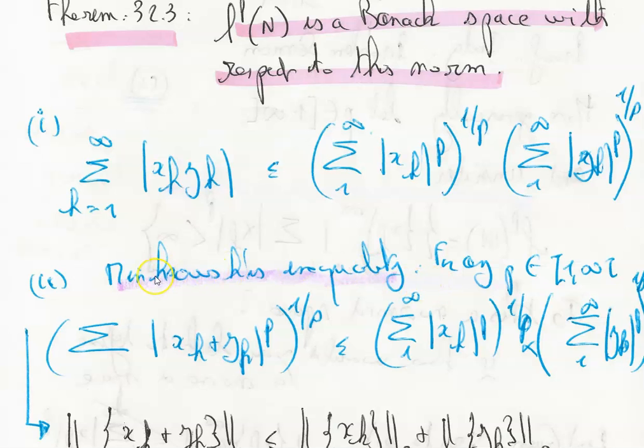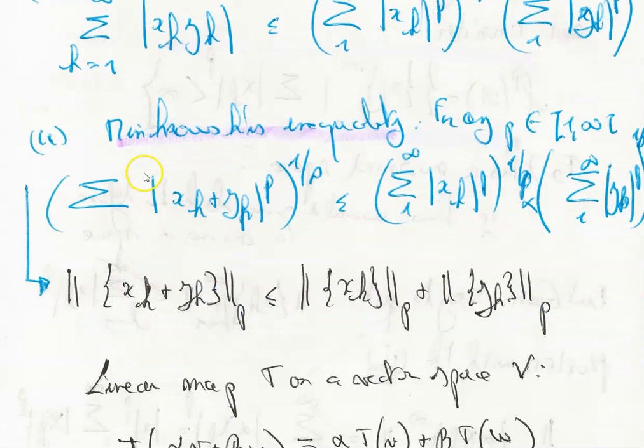So now comes the well-known Minkowski's inequality. The Minkowski's inequality is true for any p belonging to 1 to infinity, p being an integer. And this is the Minkowski's inequality: the sum for k from 1 to infinity of the absolute value of xk plus yk at the power of p, the whole at the power 1 over p, is less than